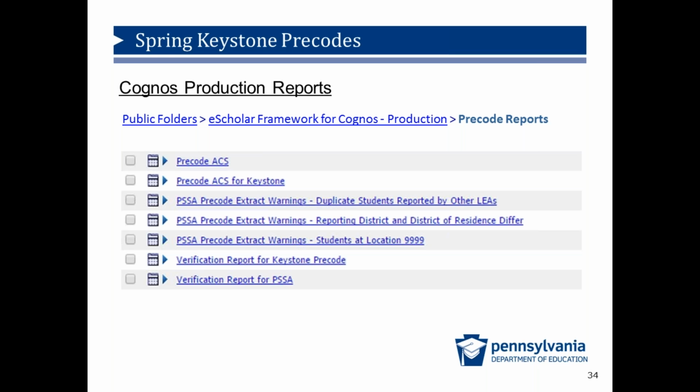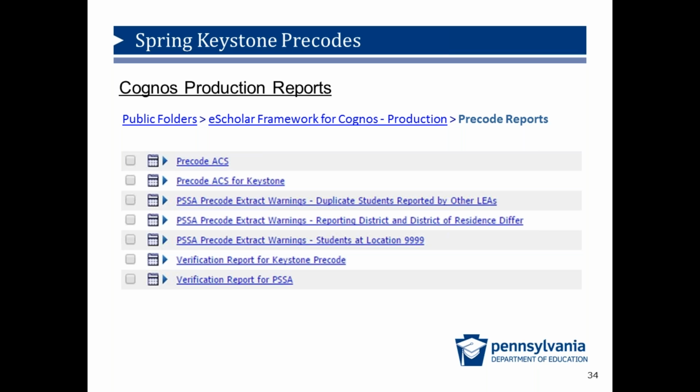As stated previously, ACS reports are not required for Precode snapshots. They will be required for the accountability snapshots for the PSSA and Keystones later in the year. The second report is the ACS for the Keystones, which is relevant to our discussion today.